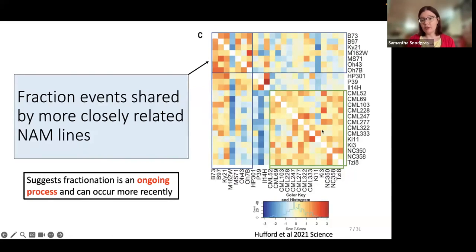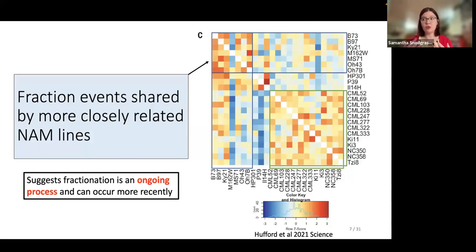That's true for the tropicals as well. But if you compare temperate and tropical lines for the amount of fractionation they share, it's much less. And this is really a key finding because it suggests that fractionation is an ongoing process and can occur at the timescales of hundreds to thousands of years